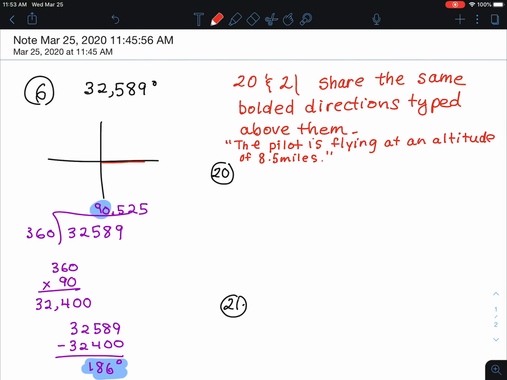Okay, so I'm going to sketch the initial side here. Okay, one positive coterminal angle, and then it's asking for one negative, but 186. Now that's an angle that I feel like I could definitely sketch here. I'm going to go positive, so that's going counterclockwise. Okay, when I travel to here, that's 180, so I just need to go just a smidge more